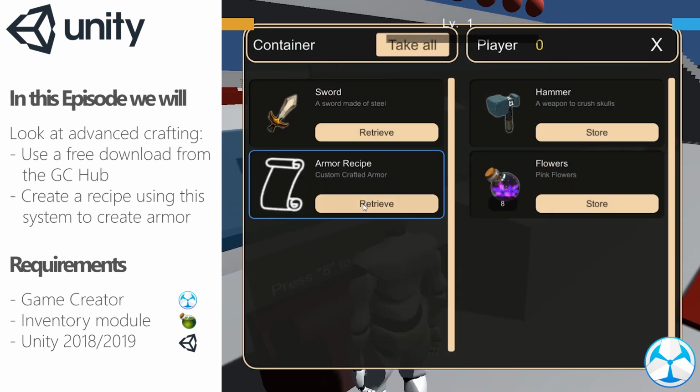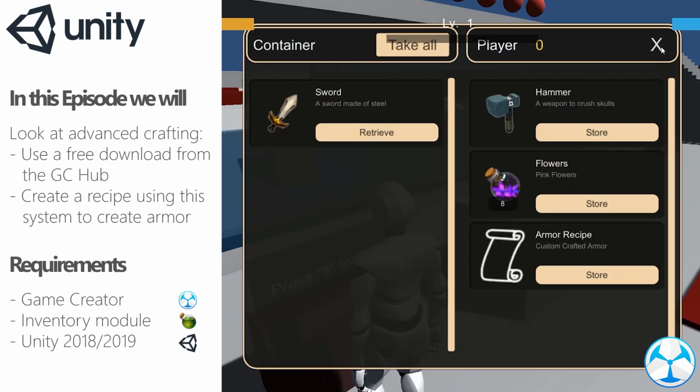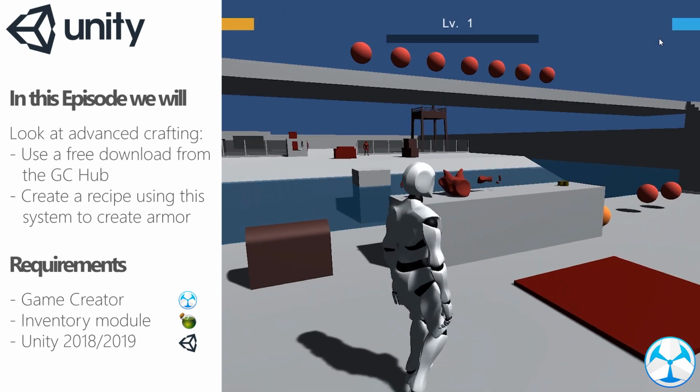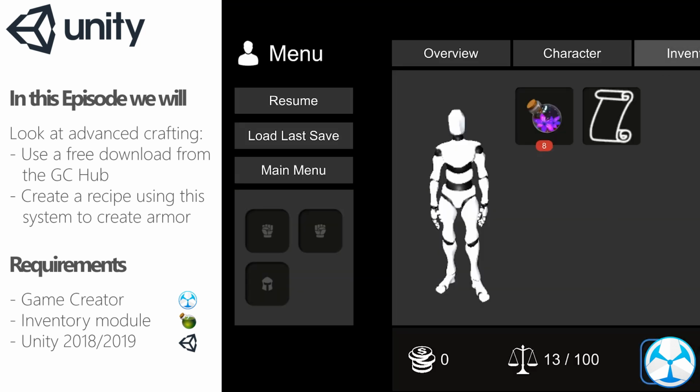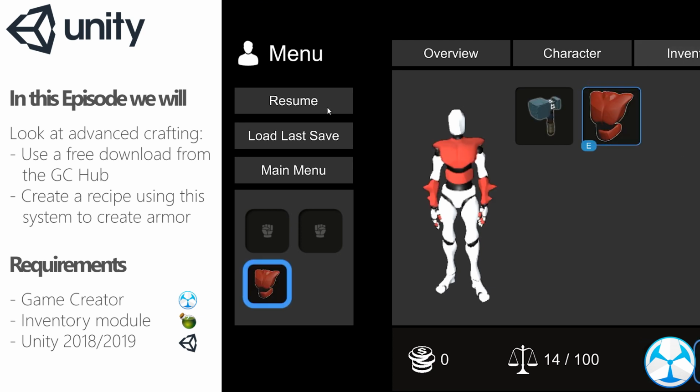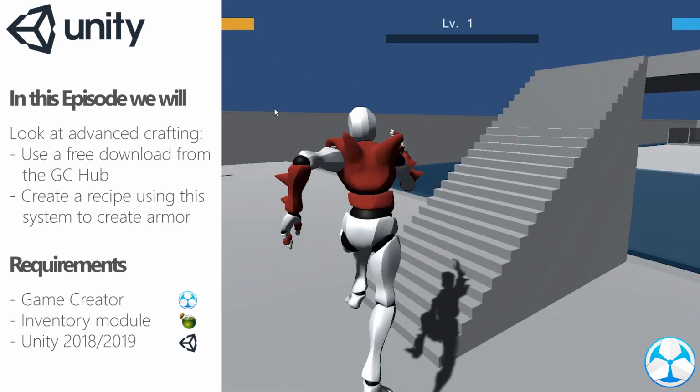Hello everyone. In this video we're looking at the next step in crafting with the inventory module. We will be using an amazing free download that is available on the Game Creator Hub as well. In order to create this we will need Unity, Game Creator, the inventory module and this free download made by